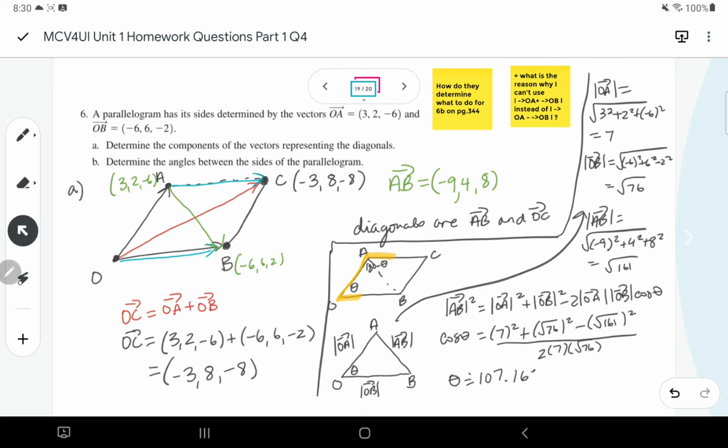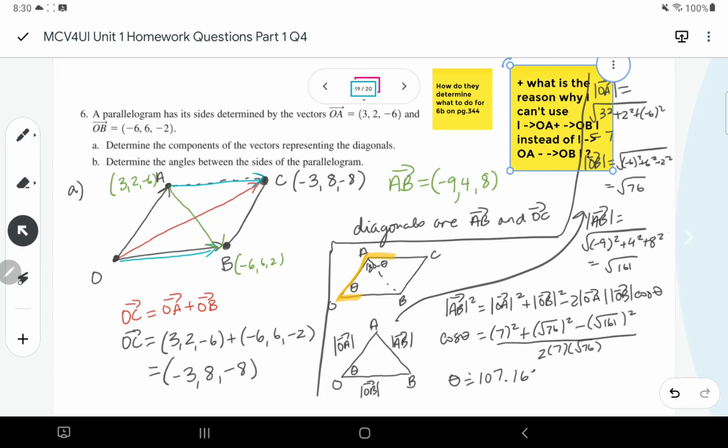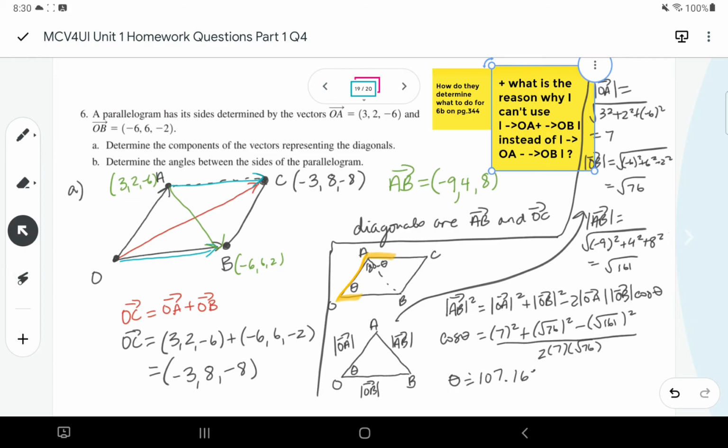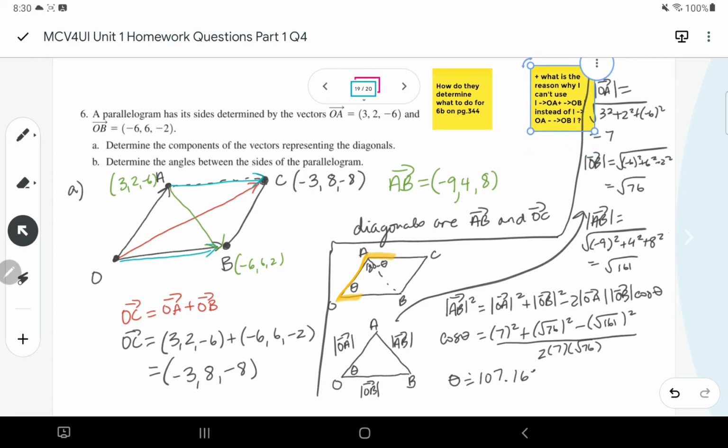So there is one comment here. What's the reason I can't use vector OA plus OB instead of OA minus OB? So you absolutely could, if you used the magnitude of the OA plus OB, that would be